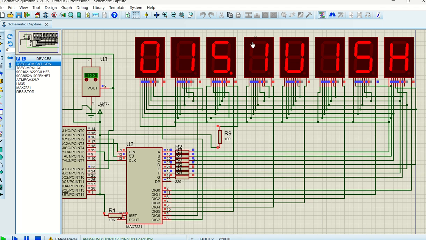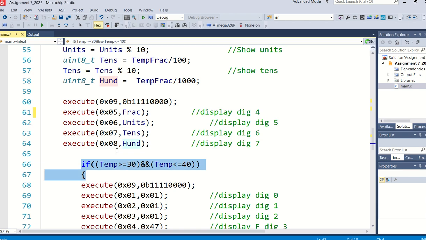Although in this case it is changing in ones, in real life it's not going to do that. You're going to see values changing from 0, 0.0, 0.1, 0.2, etc. But as you can see, every time it goes through the while 1 loop, the temperature on the 4 top displays will be done perfectly. Good. Let's now look at the next section of my program.